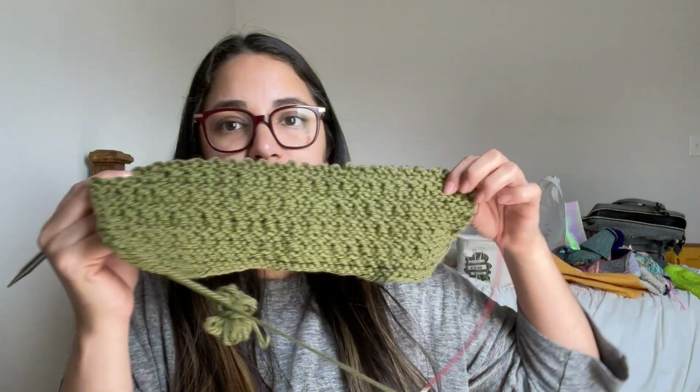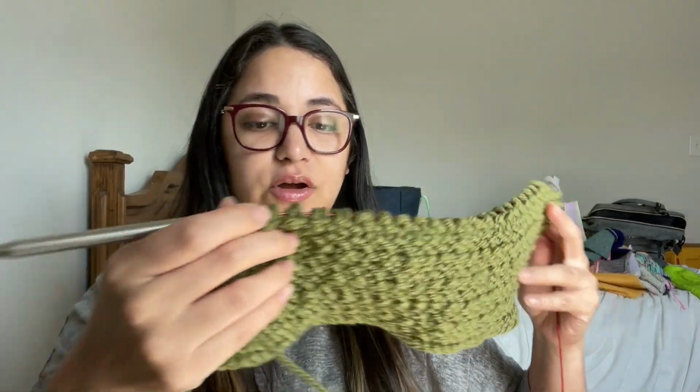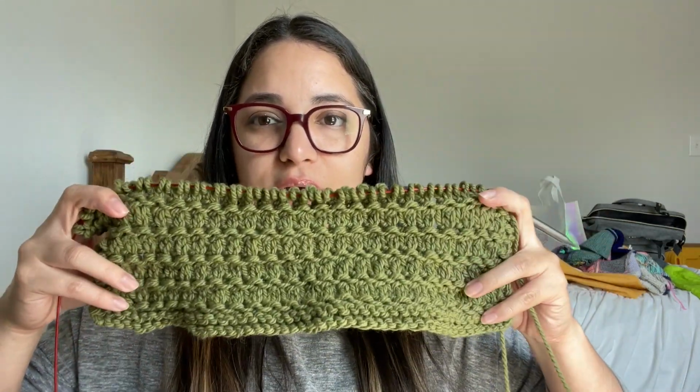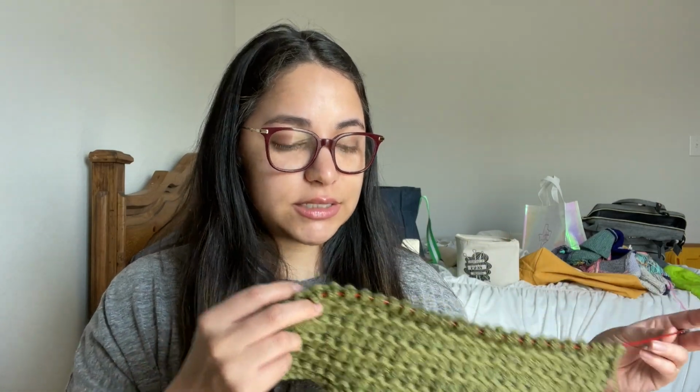Next WIP that I have is square 5 of my Afghan. Ooh, and I'm not very far along on this one. Again, this is catching up from previous squares that I did not finish on time. Oh, it's the wrong side. Here's the right side. There we go. So I have quite a bit of ways to go here. I would like to get it done